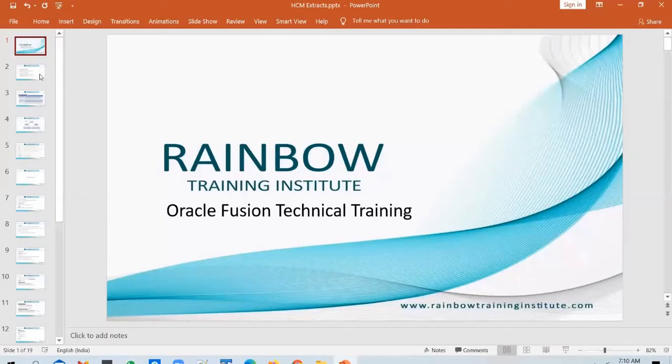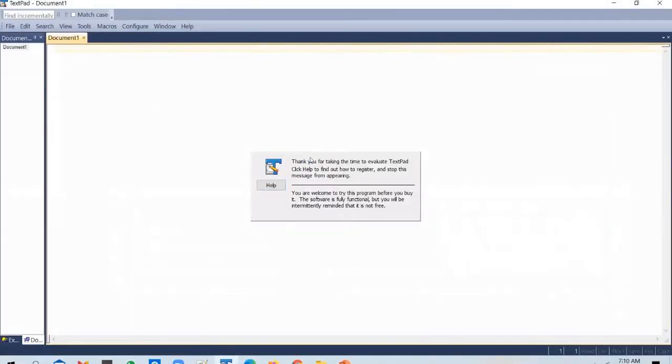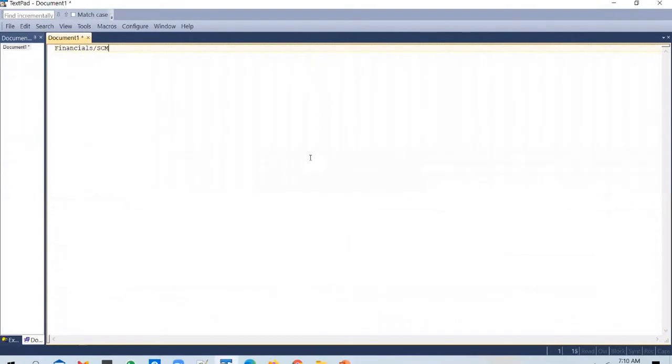In today's session, we're going to talk about HCM extracts. If you have to extract some information from HCM Cloud, this concept is specific to HCM and is not there for other modules like financials or SCM. If you want to extract information from HCM Cloud, apart from BIP and OTBI, and if it is a financials or SCM module, if you have to build outbound integrations, what you have to do is